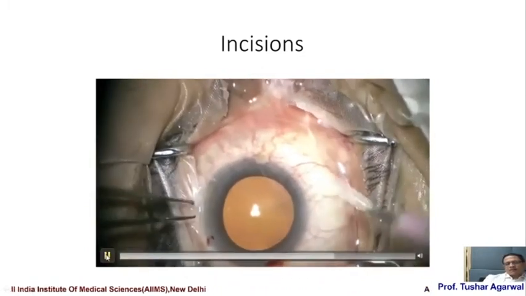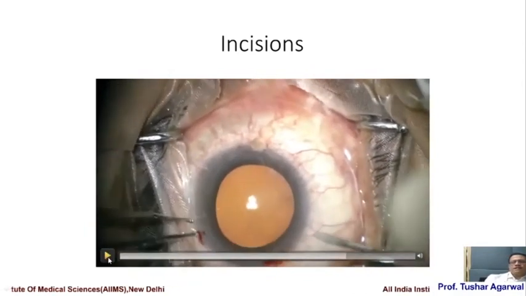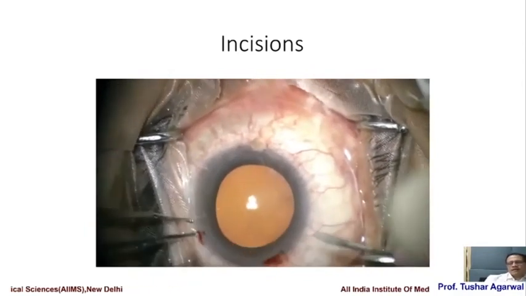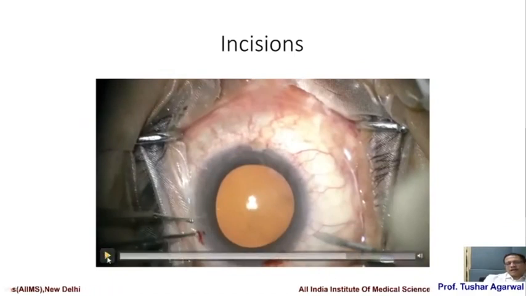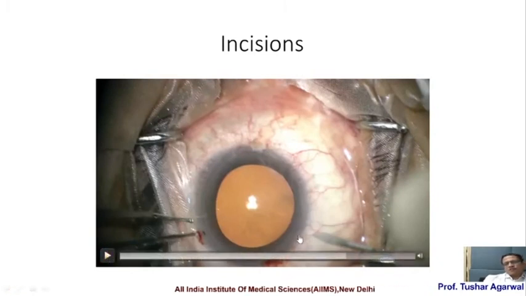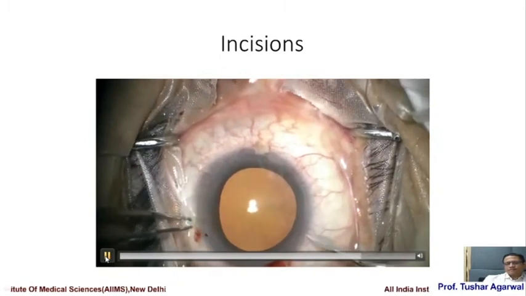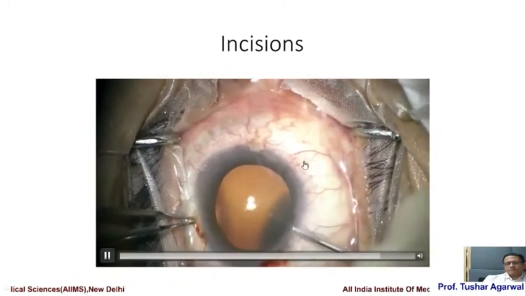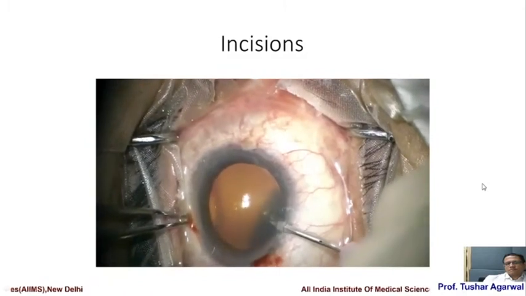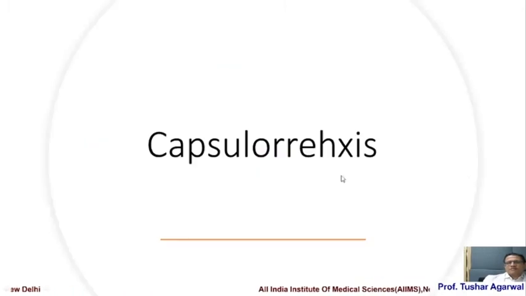I also make a second side port these days. Now the second side port for me is primarily for injecting intracameral antibiotics at the end of the surgery, and sometimes for the adjustment of the IOL position, especially in cases of toric lenses. So for this side port, the relative orientation with the main port doesn't matter. My direction is as if I'm trying to inject something into the eye, so it goes straight radially into the eye downwards. So that's about the incisions.